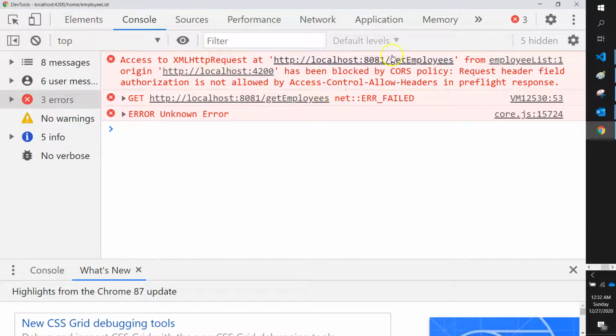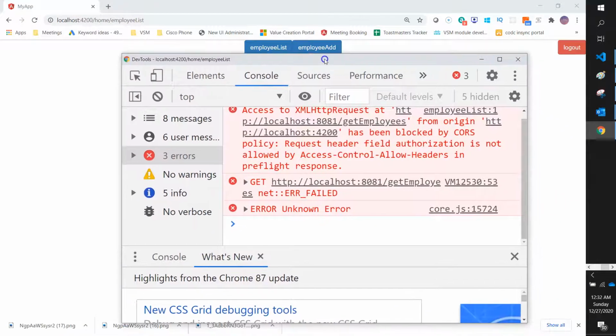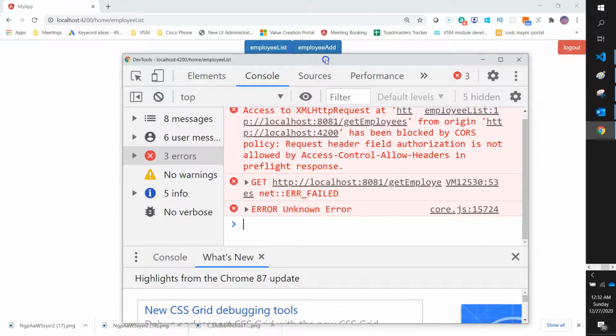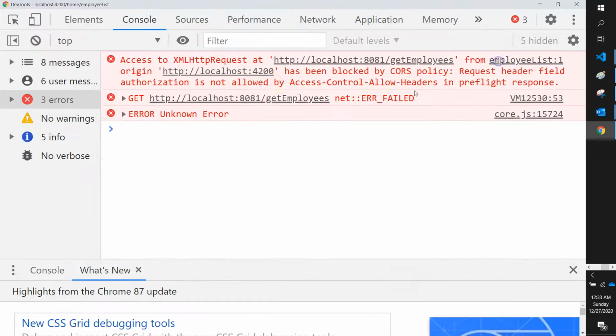So this is how the CORS error happens. The browser has blocked the resource because the server did not include authorization in the Access-Control-Allow-Headers in the preflight response.